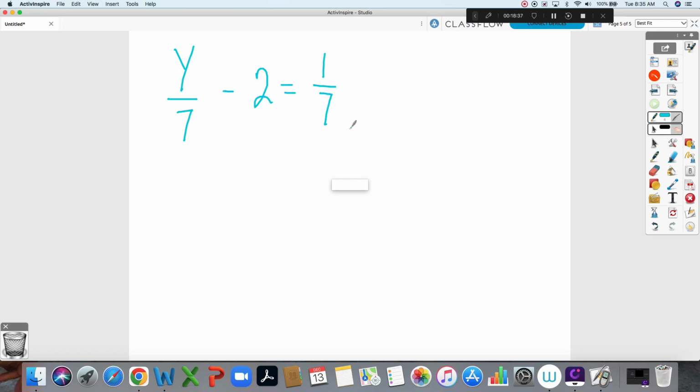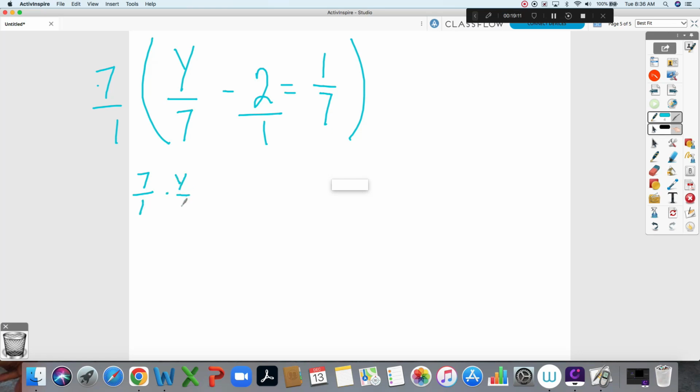We do. We multiply by what? By the least common denominator. If I put a 1 underneath that 2 and turn it into a fraction as well, I'm going to multiply by my least common denominator, which is 7. And I can write that as a 7/1 if that makes it easier for you to think of it as multiplying these fractions. So I have 7/1